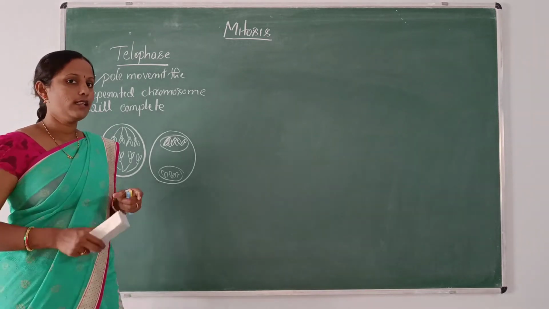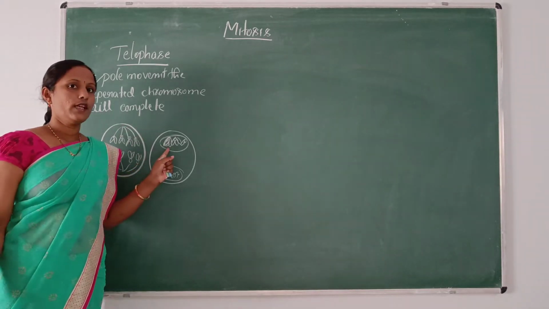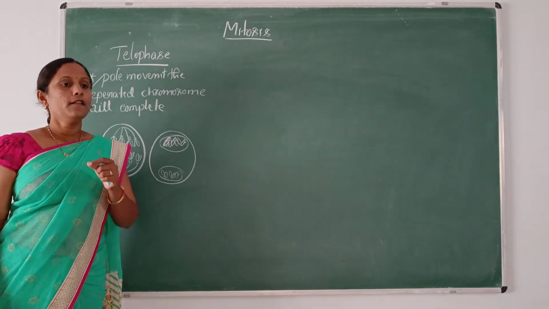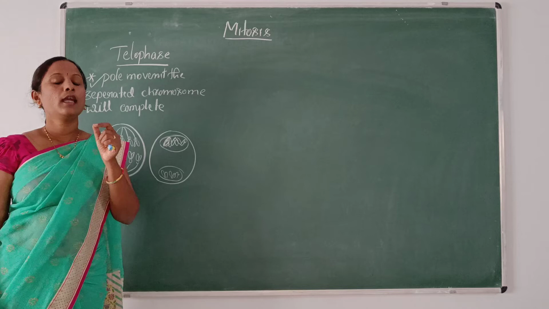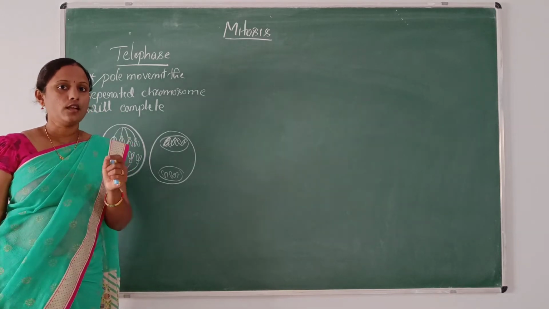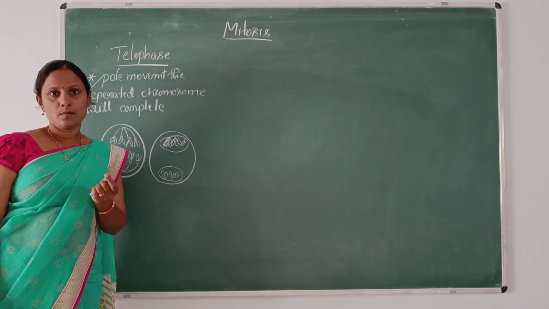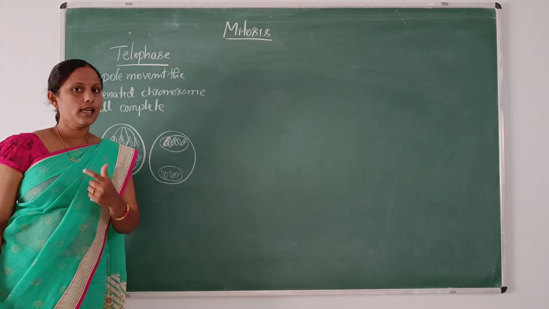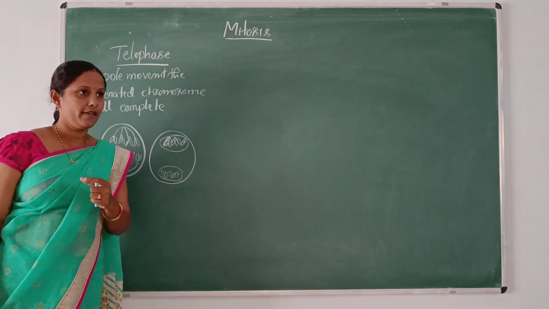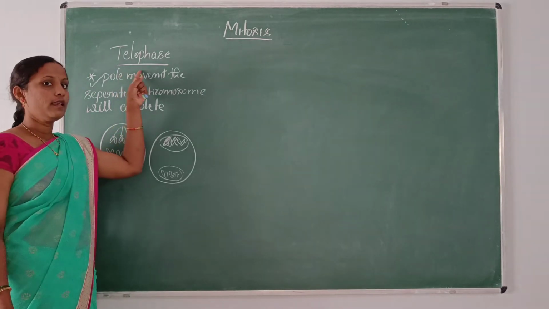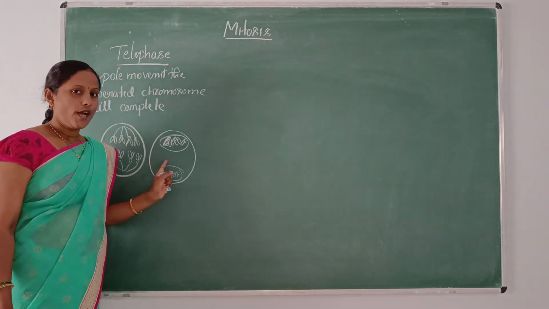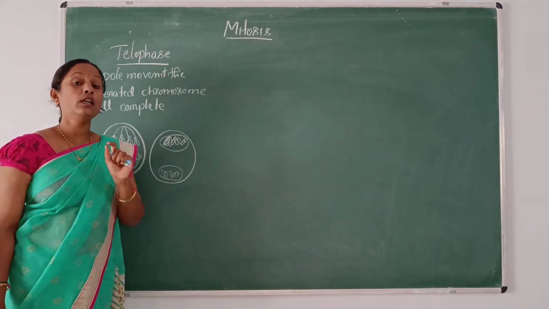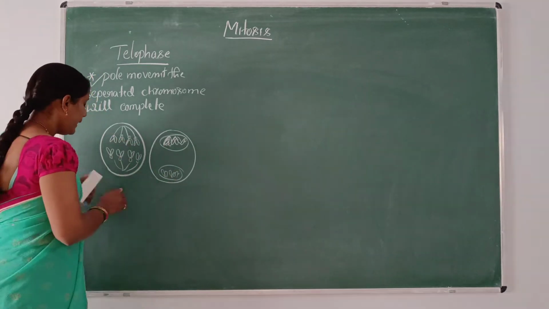So you should understand that when the telophase starts, in the beginning itself I told you clearly, we cannot draw a strict line between the phases, but we can study the beginning and the end of the phase by some events. As like, the telophase starts when there is a formation of two groups of the chromosomes, and